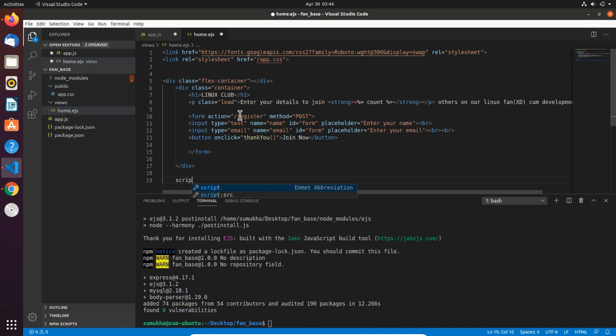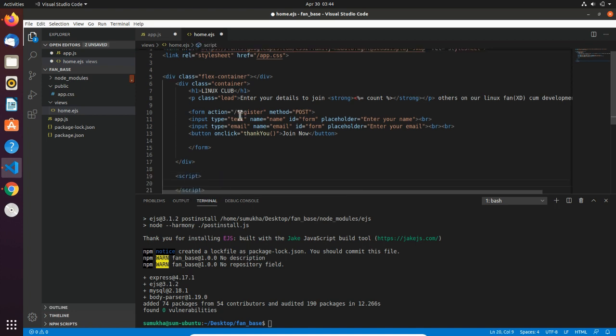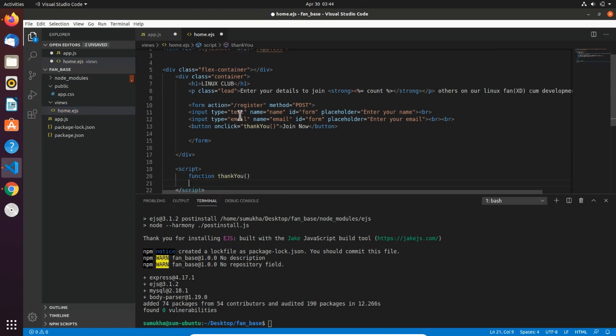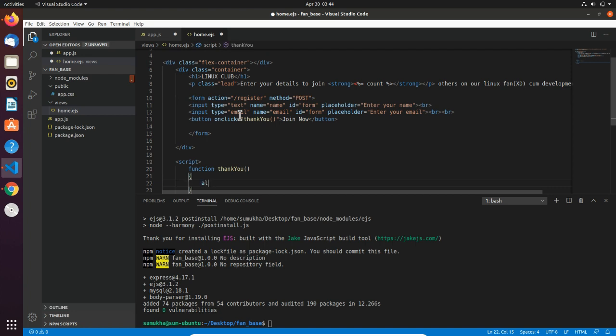At the end of the form, specify a script tag and define your thank you function here. What you will do here, you have to alert welcome to the community. Click enter.